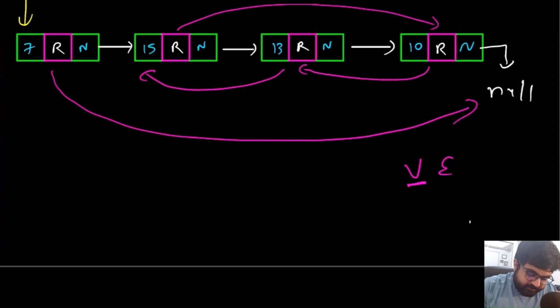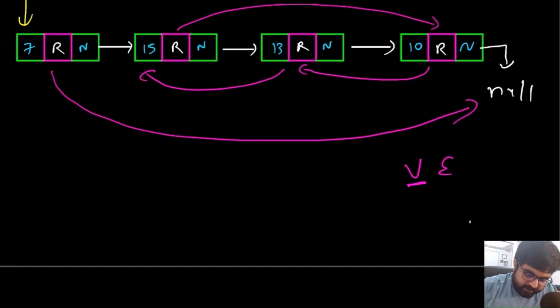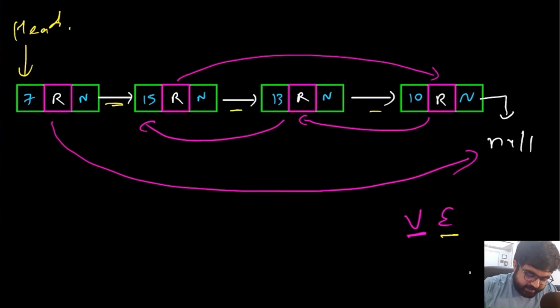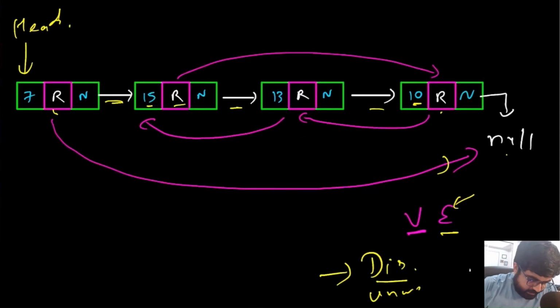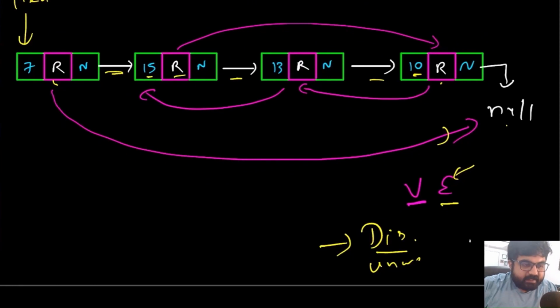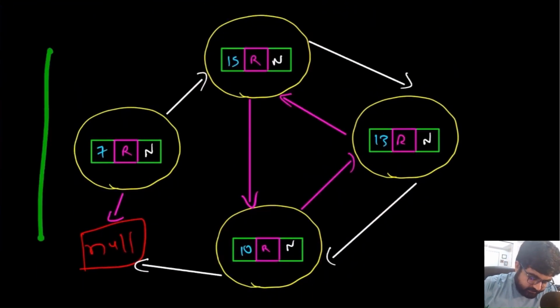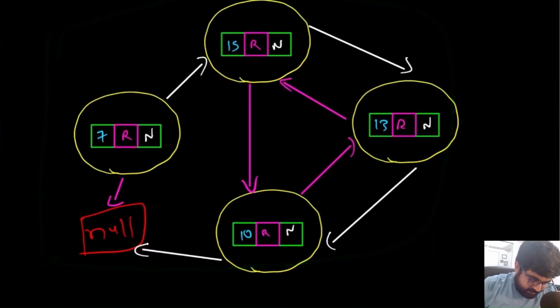So for the vertices, we can consider these input nodes of the linked list as the vertices, and for the edges, we can consider these next edges, so the white edges, and also these purple edges, to be considered as the edges. Now in this case, the edges are going to be directed and also unweighted. After treating this and considering it as a graph, things become much easier for us to keep track of. Why? I have actually drawn this figure where I am visualizing this given input as a graph. Now, if we treat this as a graph, it becomes very easy for us to copy